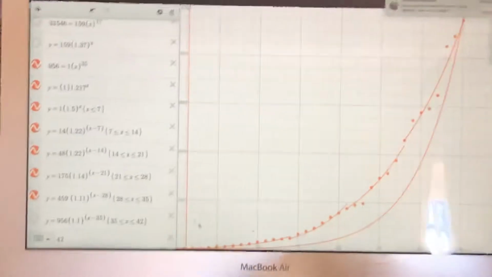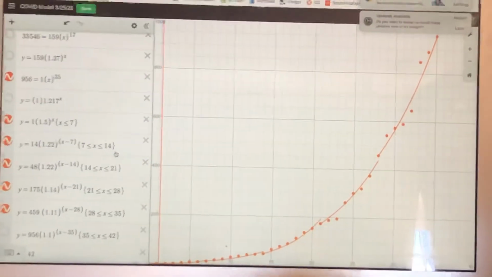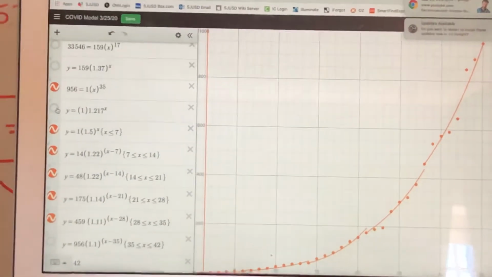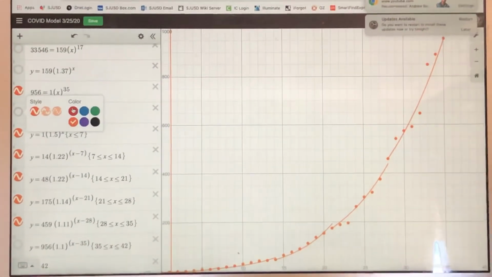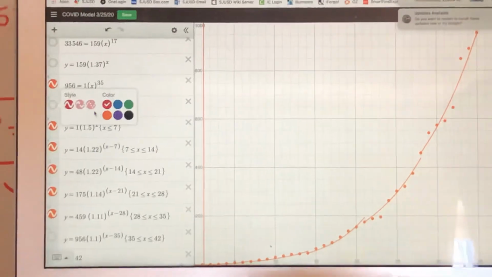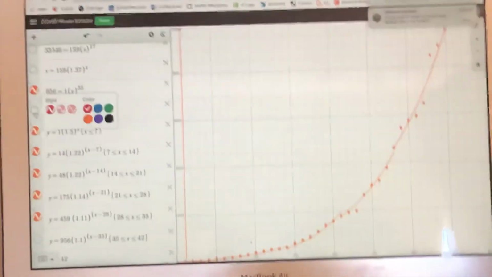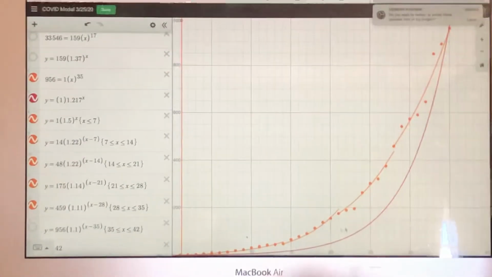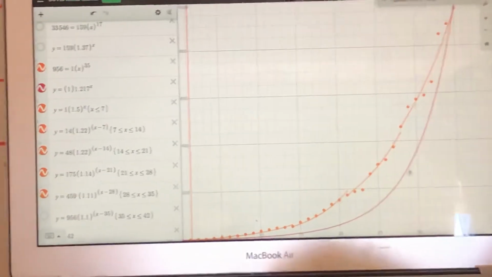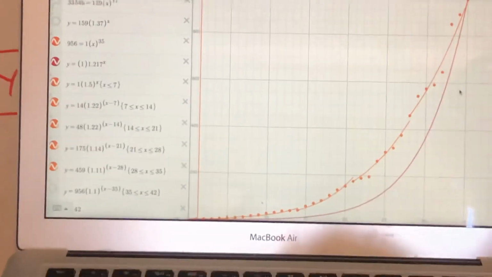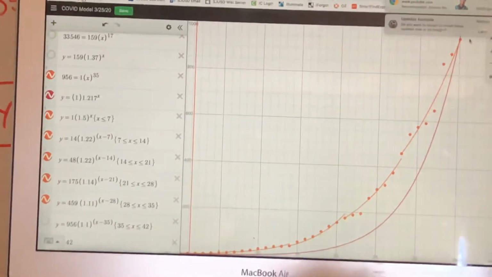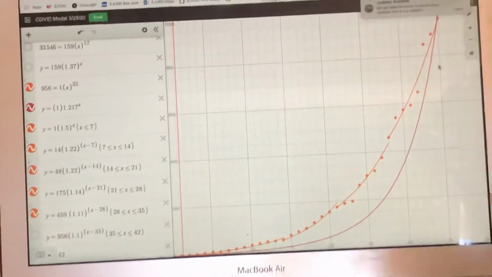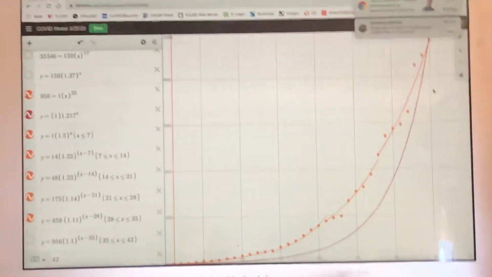And I would say that the piecewise model tracks the dots extremely well, whereas the other model, which I'll now model in red, has a lot of gap away from our data set. As we move forward, we know that we're going to get more cases. And as you can tell, there's an upward trend no matter how you look at it. But this is where you're going to start to see the real understanding.